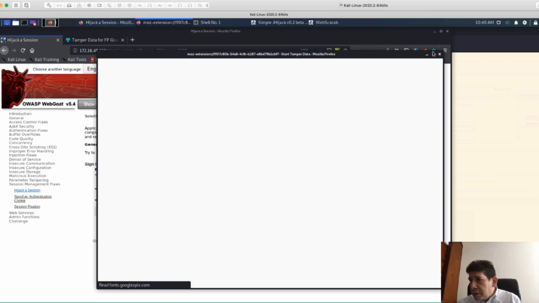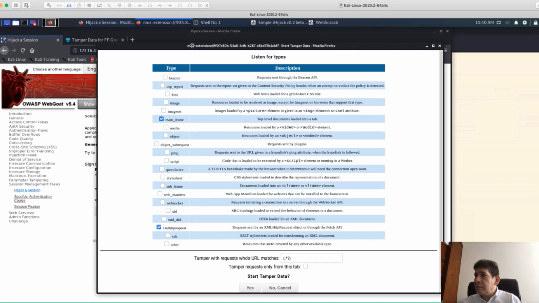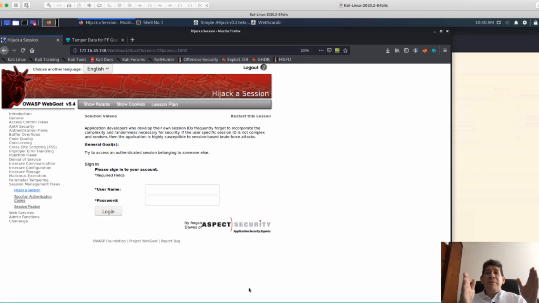This is a new version. Let me understand it a little bit. You have here the normal Tamper data. Okay, let's say start Tamper data. I need more space here. Start Tamper data. Tamper data is an immediate interception proxy that allows you to modify any parameter you are sending to a website. So I'm going to refresh this, and the Tamper data should pop up and show us everything